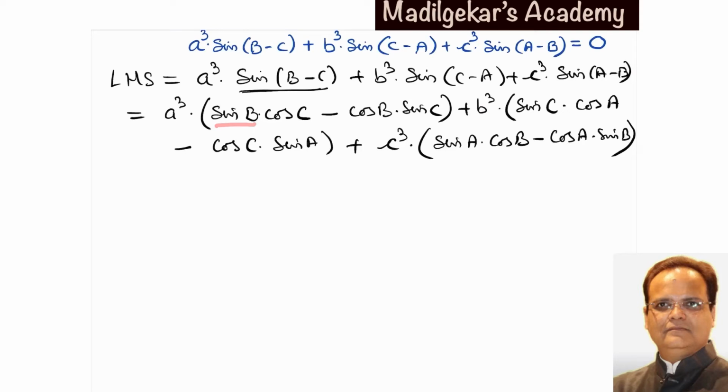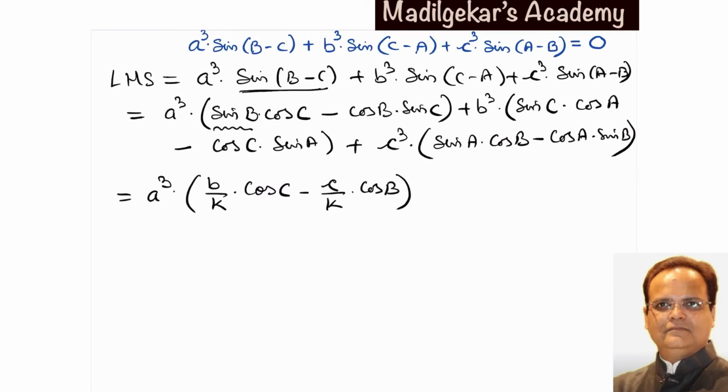sin B, sin C, again sin C, sin A, and sin A, sin B. By sine rule, they can be replaced by a by k, b by k, and c by k. So we have a cube into this sin B will be replaced by b by k into cos C minus c by k